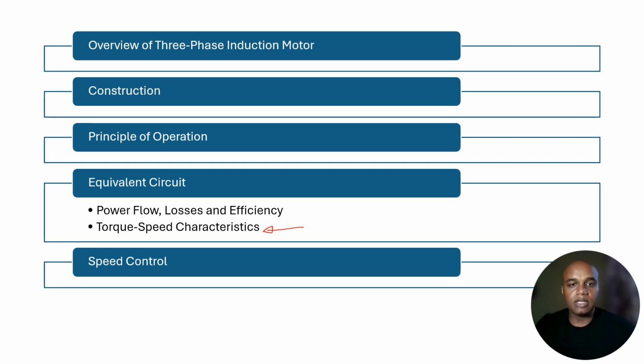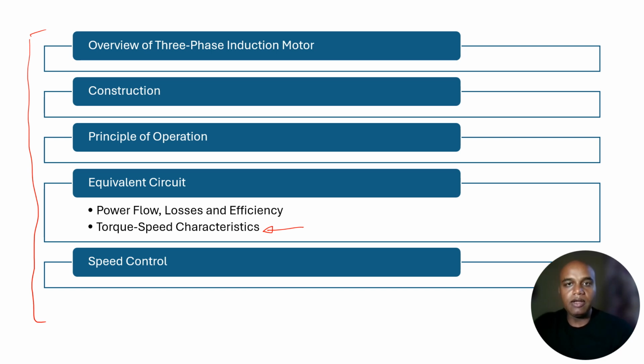And lastly, the speed control: what are the various methods by which we can control the speed of the induction motor. After going through all these aspects, which we will take up in a series of videos, we will discuss it thoroughly one by one. So we will understand how an induction motor runs and how it can be controlled